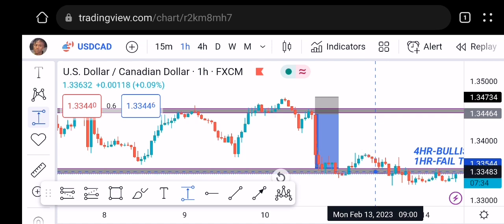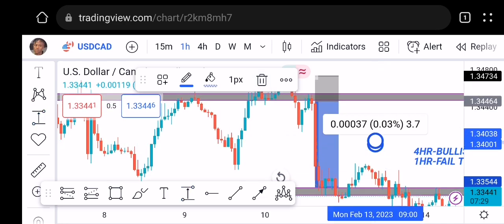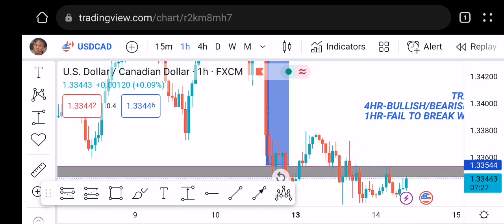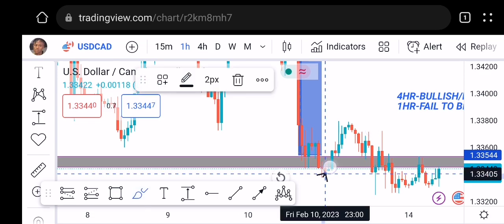Same thing on Monday. I was also looking forward, I also anticipated a reversal to the upside. When I saw now, because on my outlook we had price